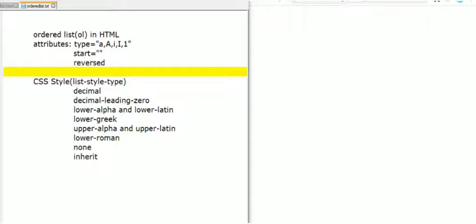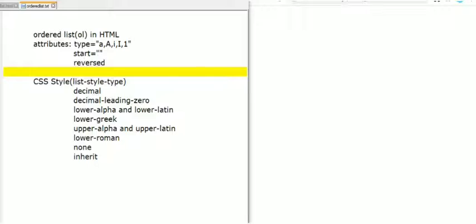Next attribute will be start. We can pass decimal numbers for the start attribute as a value. If you want to display the list starting from a specific item, then we can declare the starting number for the start attribute.